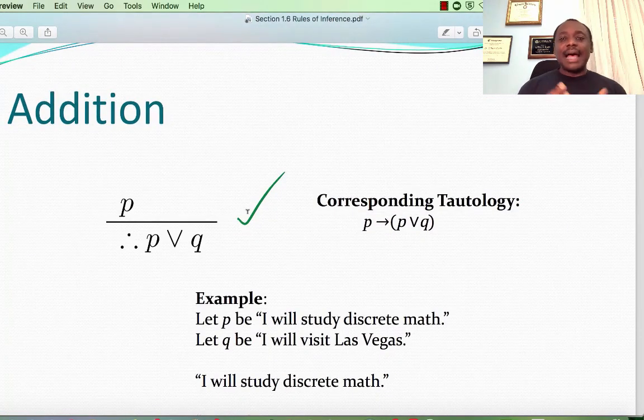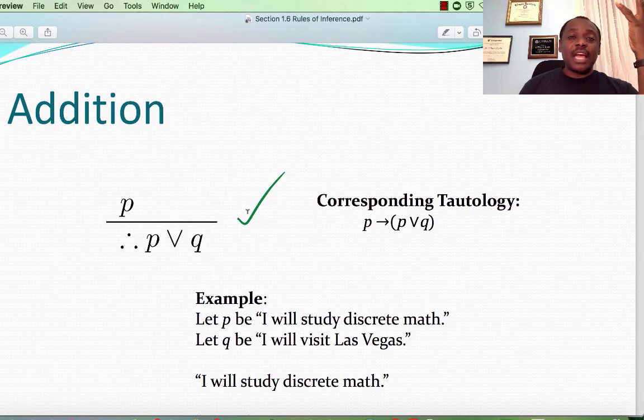And the next is addition. Addition is also very simple. If I add a slice of pie, that means I add a slice of pie or a scoop of ice cream or a plate of salad or whatever it is. I can add anything to P as long as P has already been performed.